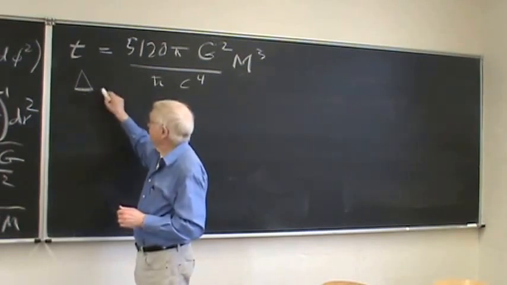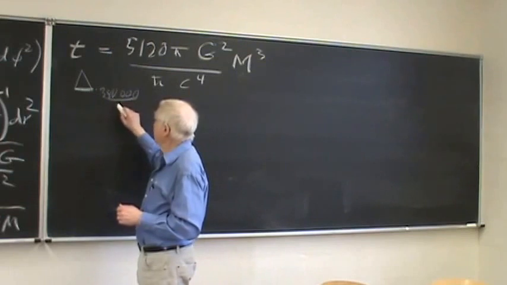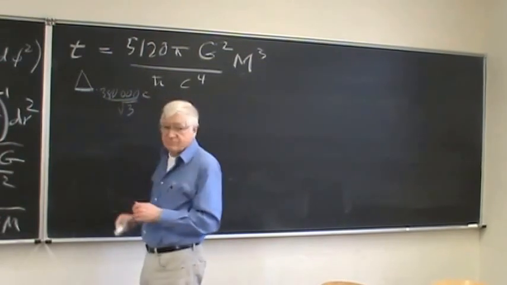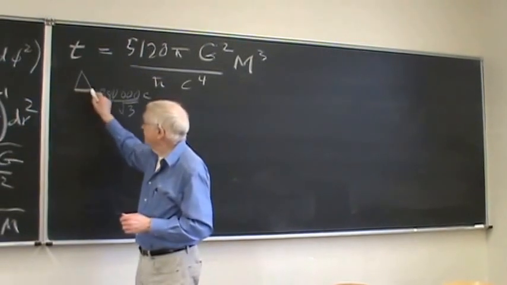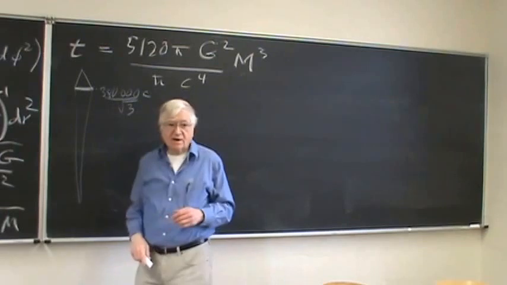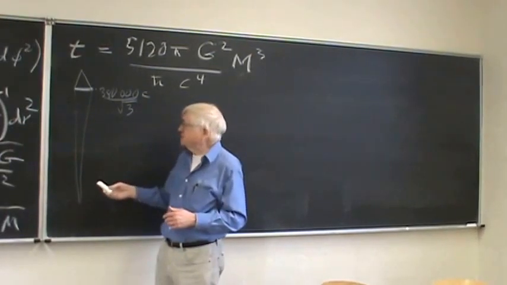That would be 380,000 years divided by square root of 3 times c. So we know how big that thing is. And now we look at it through our telescopes. Well, all right, what do we look at? It turns out that